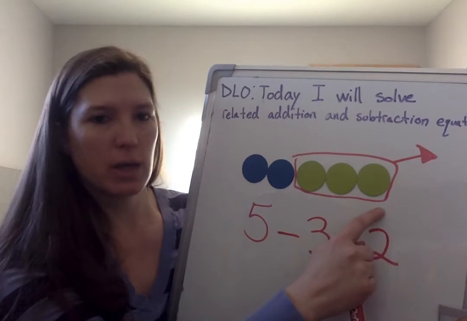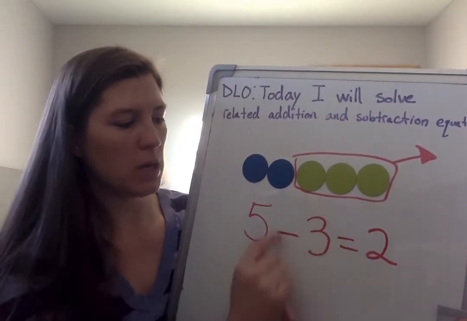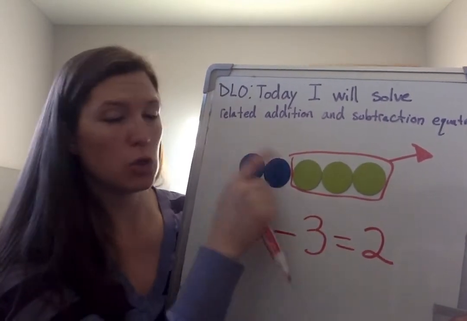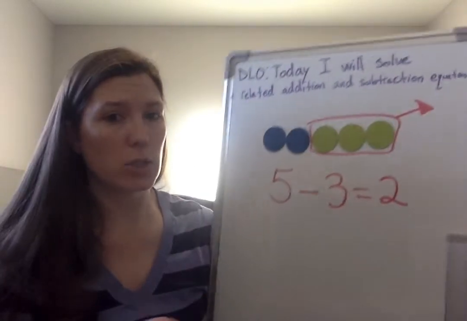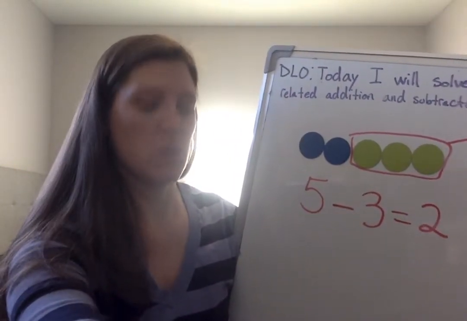So I had 5 altogether. This many are leaving, so I used minus. I counted how many left. 5 minus 3 equals 2 remaining. Now let's do a related fact. So that would be,